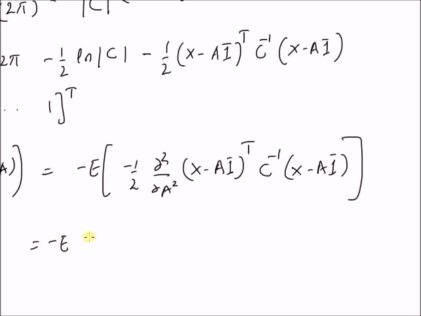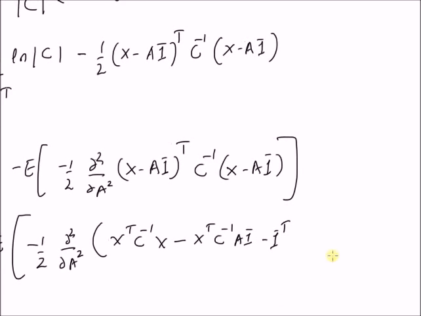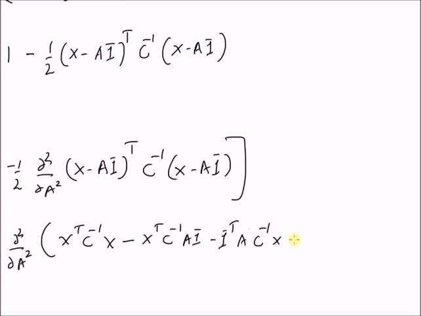which is equal to minus expectation of minus 1 by 2 double derivative with respect to parameter A of the product: x transpose C inverse x, and then we have minus x transpose C inverse A times 1 bar, and we also have minus 1 bar transpose, that is the transpose of the vector 1, and then A times C inverse x. And the last term is plus A square 1 bar transpose C inverse 1 bar,